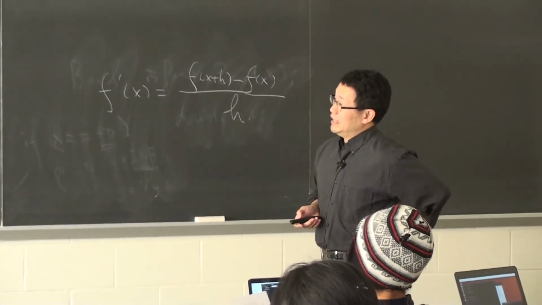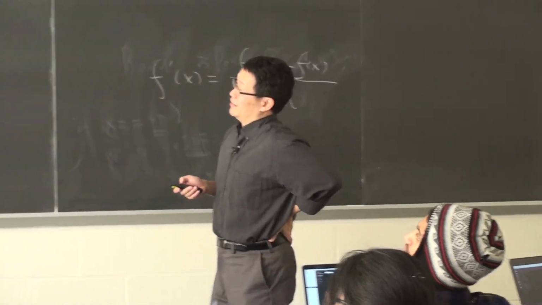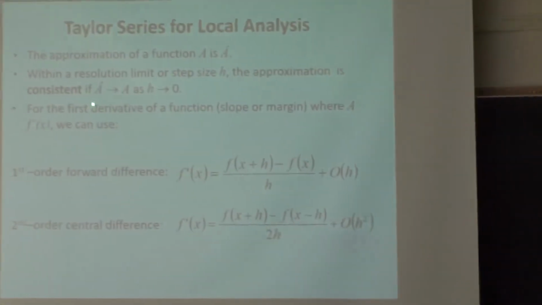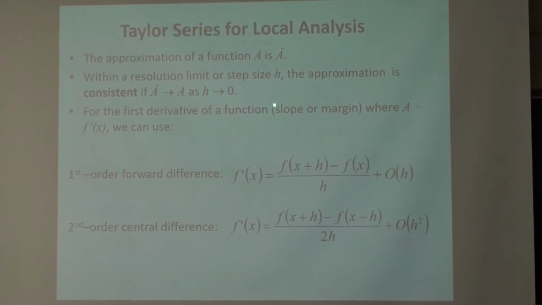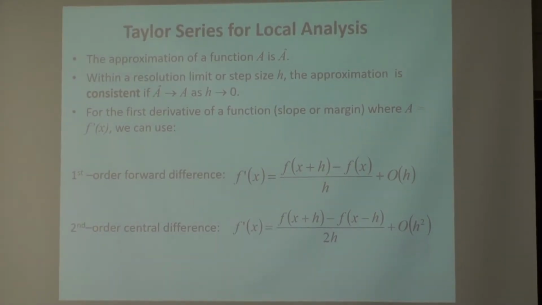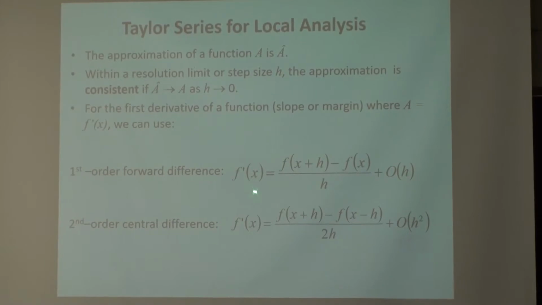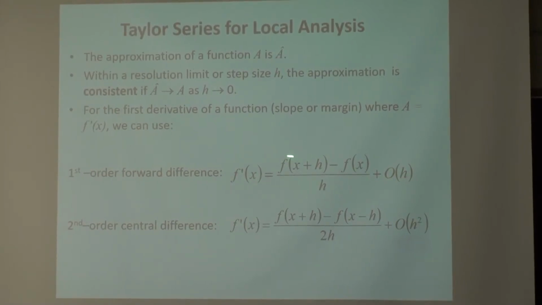The easiest one is just a Taylor series. We say that an approximation is true when h approaches 0. This is the thing I'm using as an example. I know that this is what I call a consistent estimation of the slope when I use this function. Very simple. I can prove this easily from the Taylor series for most functions, that this is consistent.